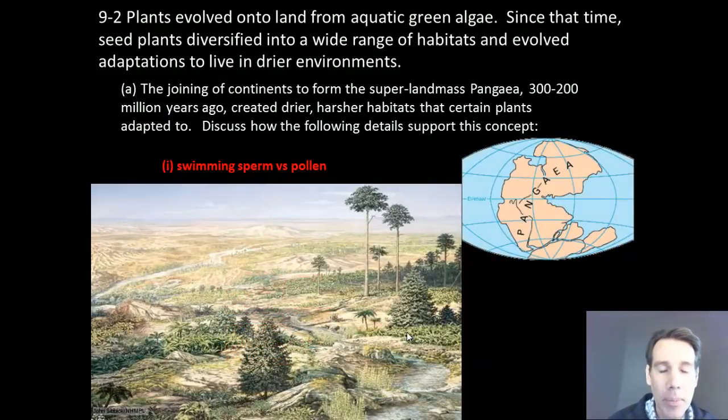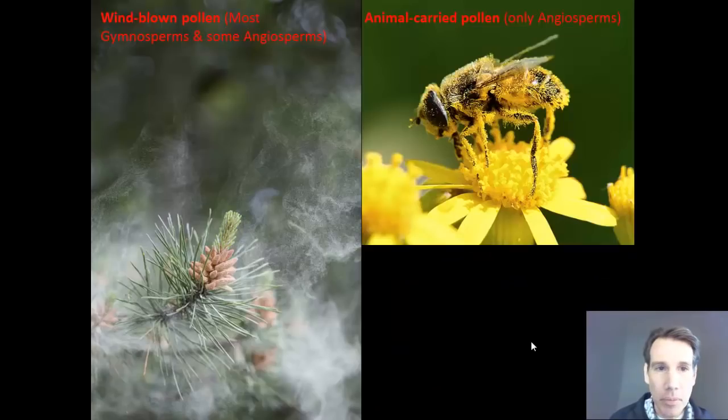Over time, though, the continents begin to merge together to create a supercontinent called Pangaea. That happens actually a little bit before the dinosaurs begin to evolve, in what's called the Permian period. And so by the time of this picture here, this reconstruction of the early Triassic, plants are beginning to evolve to these drier conditions, and we're going to be looking at some of those adaptations that begin to evolve, and we'll be looking at pollen here in a moment.